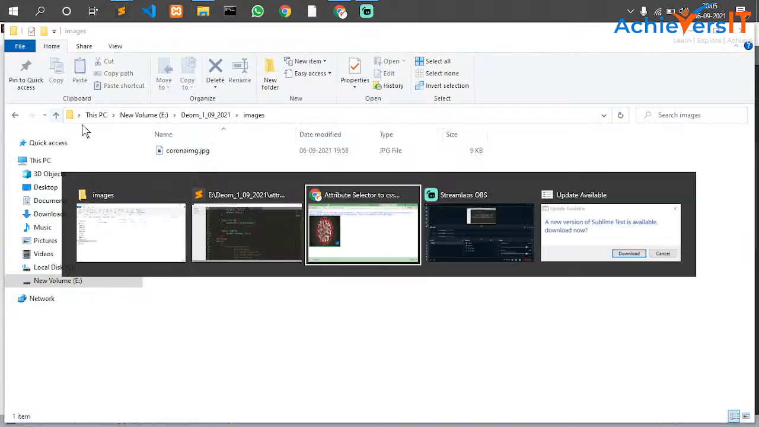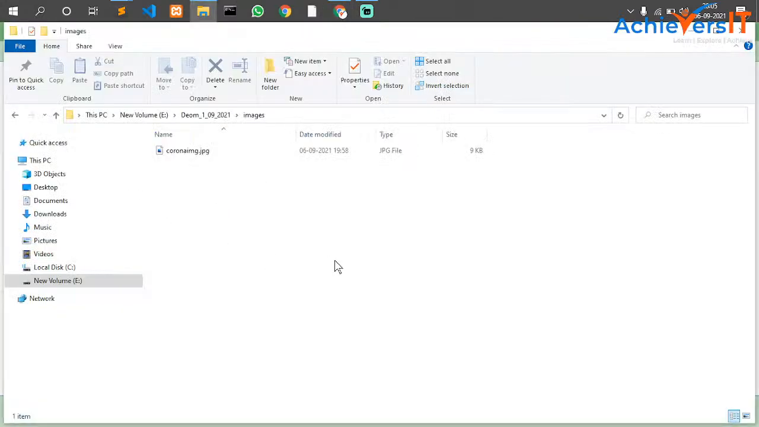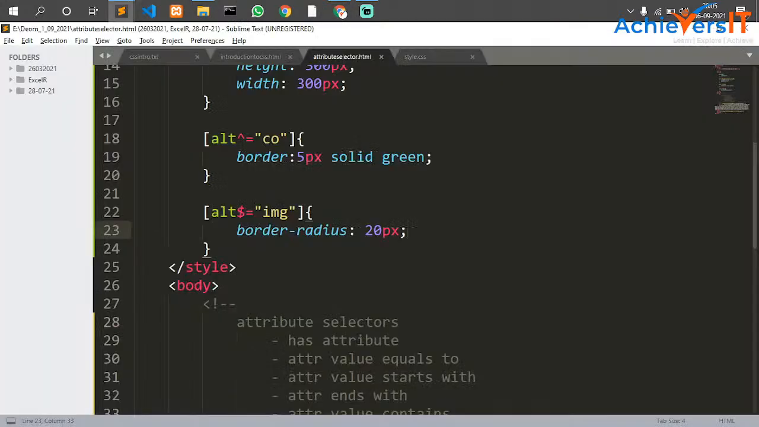Save, and if you try to reload, see the border has been changed. Okay, using this property also we have changed this thing. Okay, change the border radius. Now what we are going to do,